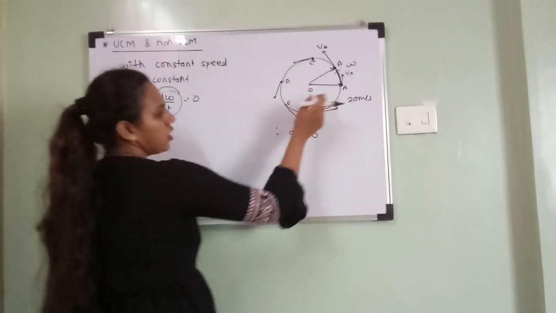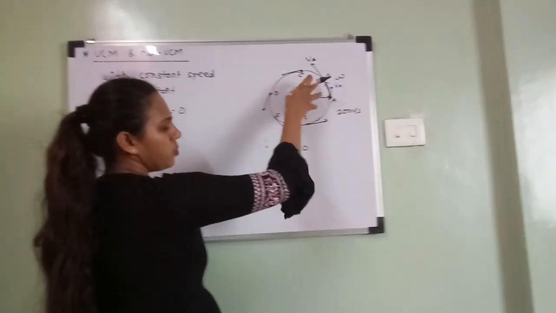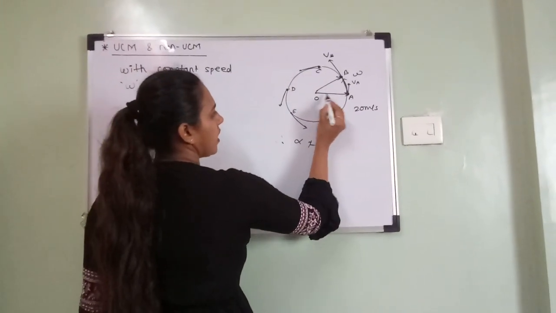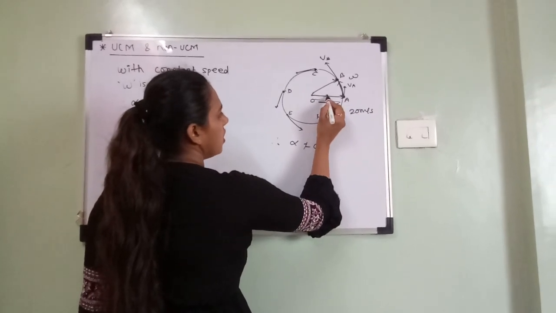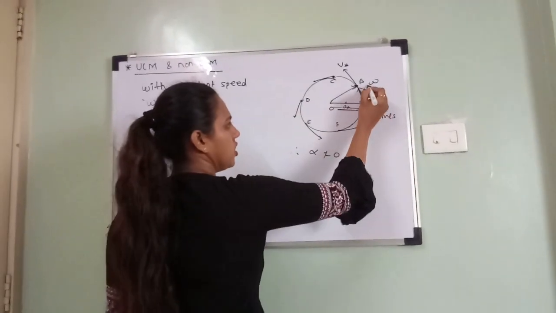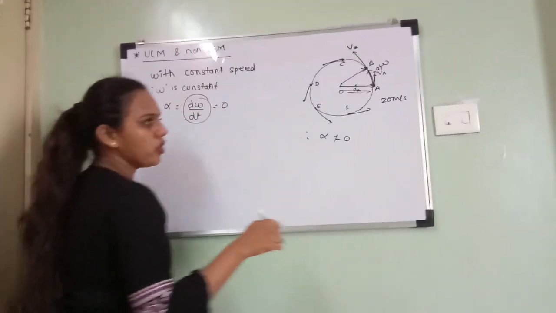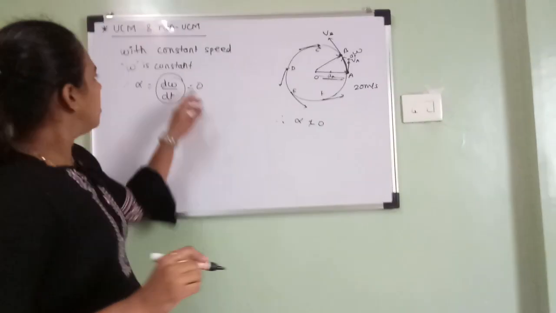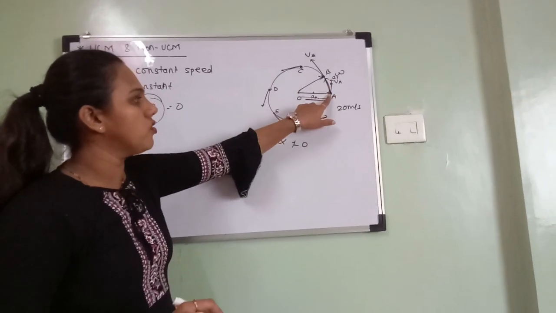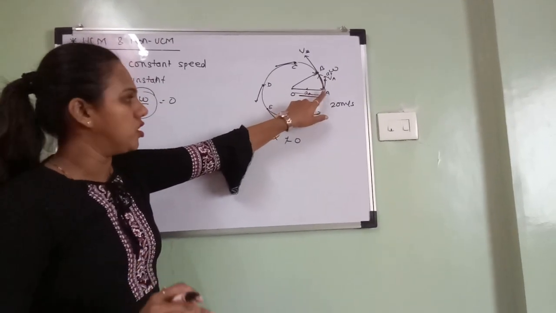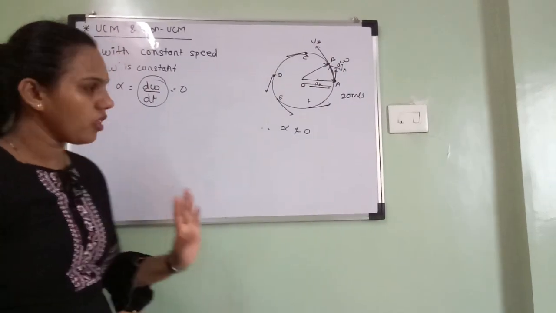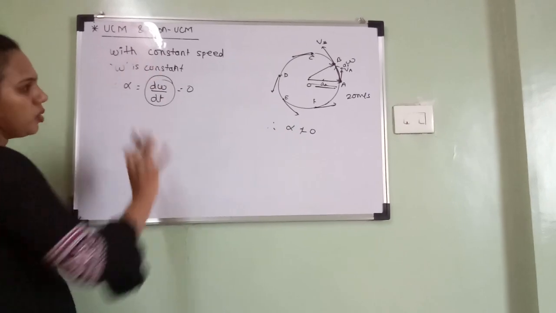You can say the total accelerations on this particular particle A are, see, first the acceleration acting on this particle A is nothing but the radial acceleration AR. At this point there is tangential acceleration AT, which is due to its own linear velocity. Now in UCM you will have only radial acceleration. No tangential acceleration because velocity is constant. But in non-uniform circular motion, you will have AR and AT both. Right? So this covers UCM, non-UCM.